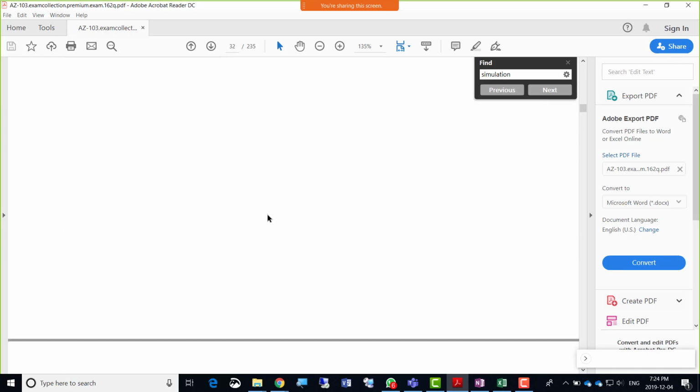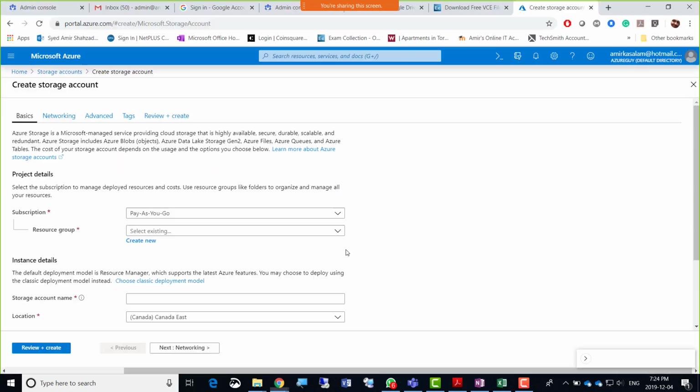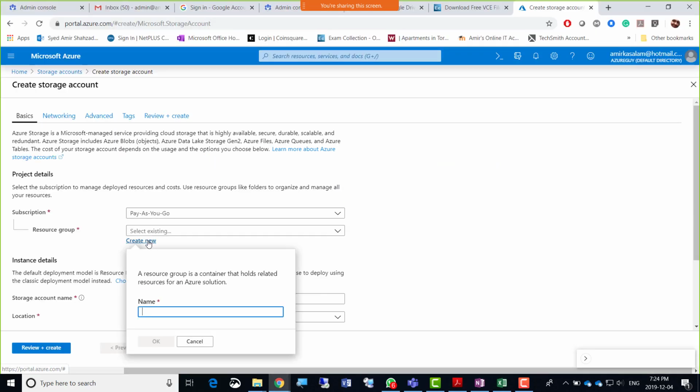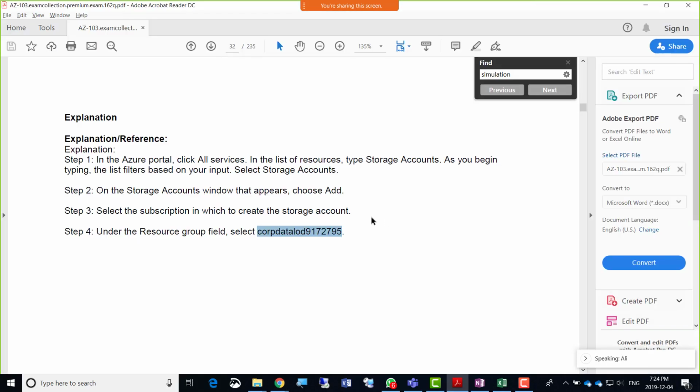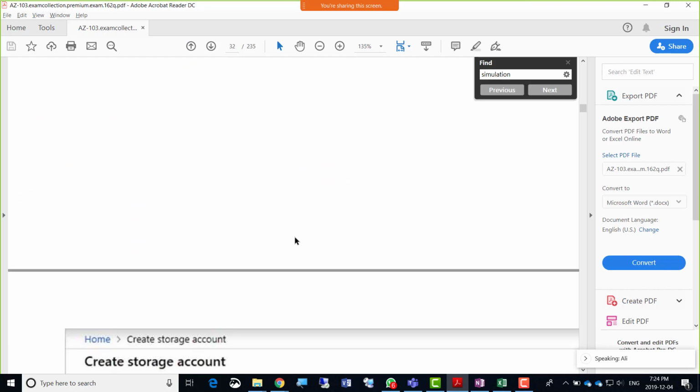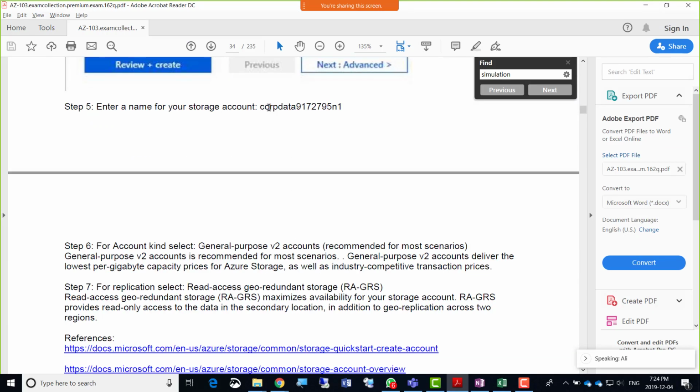So the resource group name is this. So I'll just copy that and click create new here, go for resource group name, and then the storage account name should be inside there. So this is the storage account name.